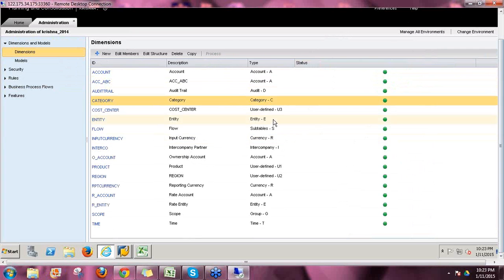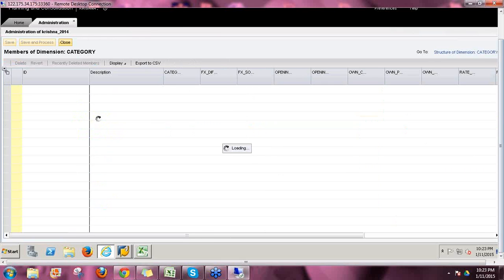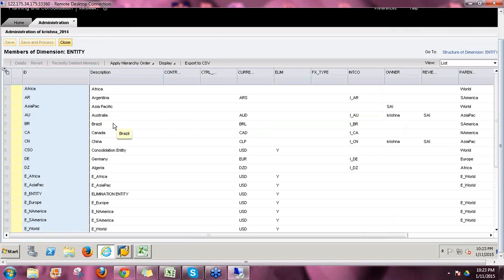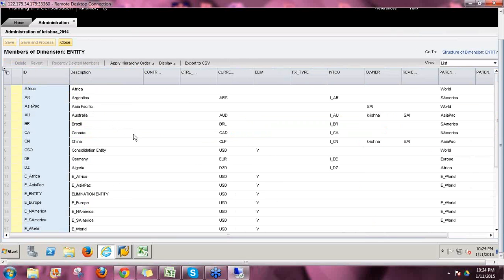And then next is the entity dimension, which is with the E property. Generally, if you are working in consolidation, the entity dimension will be your legal entity, or if it is a management consolidation, it is either business-area-related consolidation or profit center consolidation, depending upon your requirement. Generally, we keep entities as the entity dimension values, which will be used for segregating the data entry